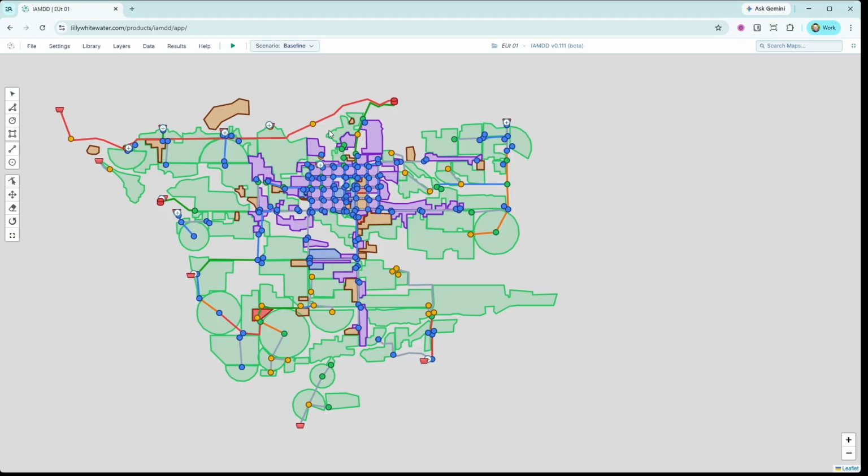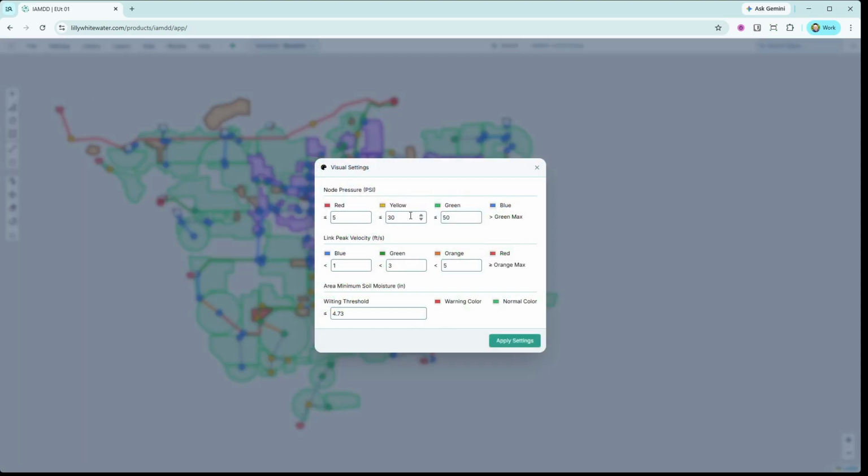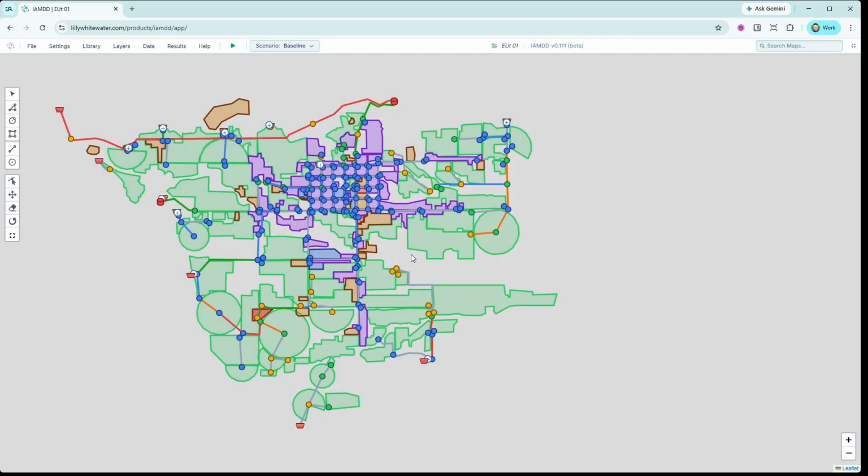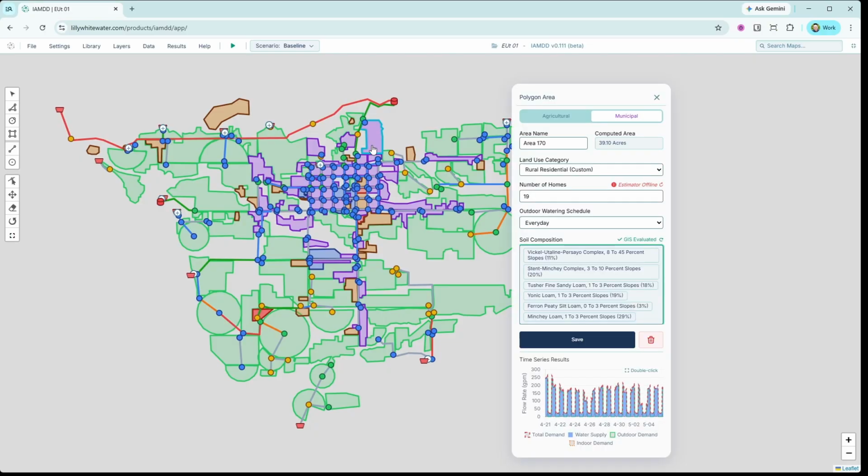And okay, so now that this has run, now we have color coding for pipe velocities. This represents the maximum velocity that was reached during the simulation. That's what these colors are for, and you can see them here in the settings. And if you go to visualization settings, you can see these are the colors associated with the nodes and the pipes. Then you can also click on any of these areas,